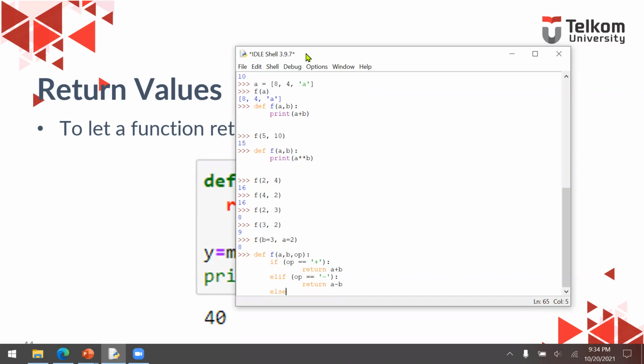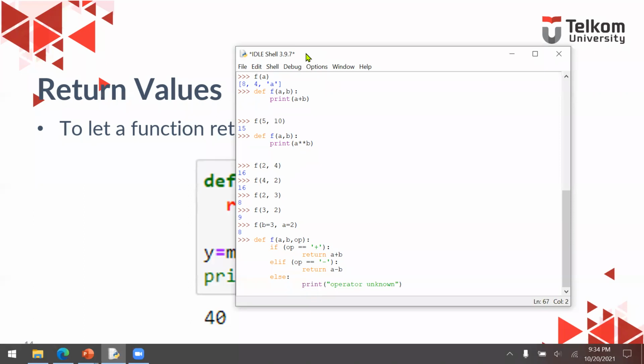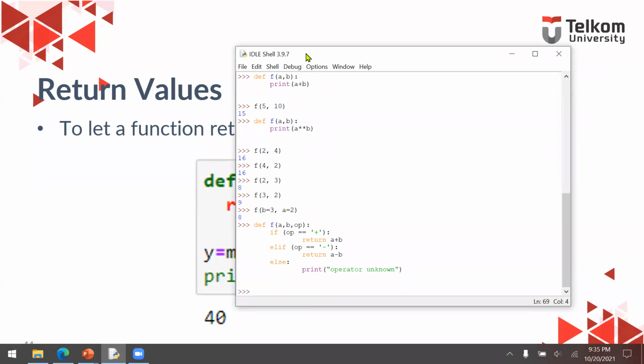And then else, print operator unknown. Okay. Now we already create a function with the nested if.